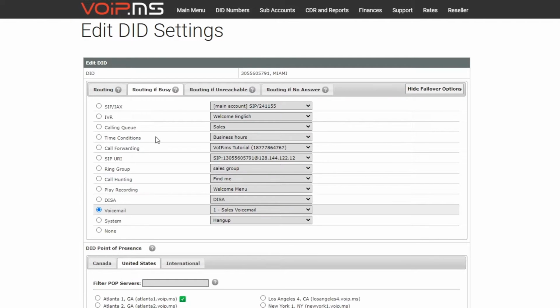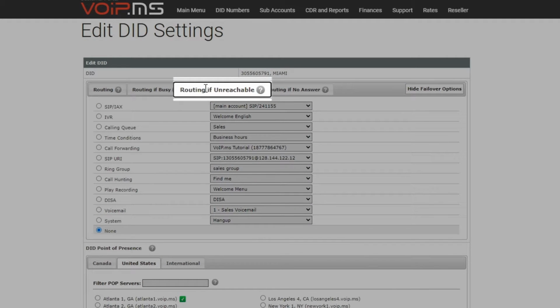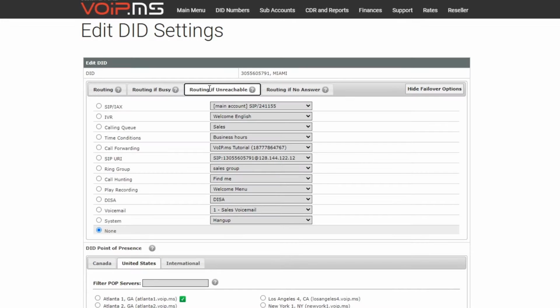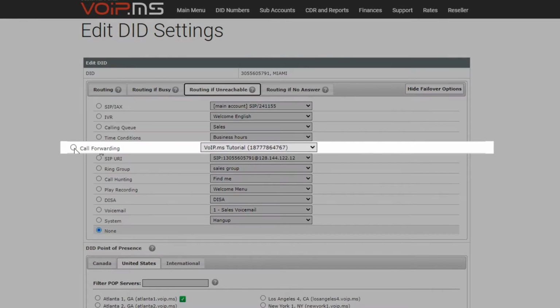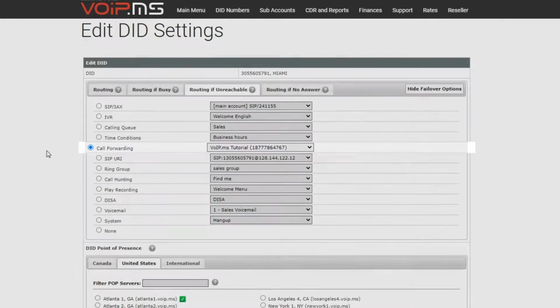Second, the Routing If Unreachable tab. This failover option is for scenarios like if you had a power outage. You'll be able to route callers to a destination that fits your needs, like a call forwarding, a different digital receptionist, or a voicemail. I will send it to my cell phone through a call forwarding since I am editing my direct contact number. If you don't have a call forwarding already in place with VoIP.ms,